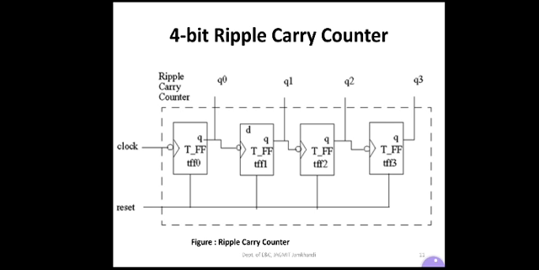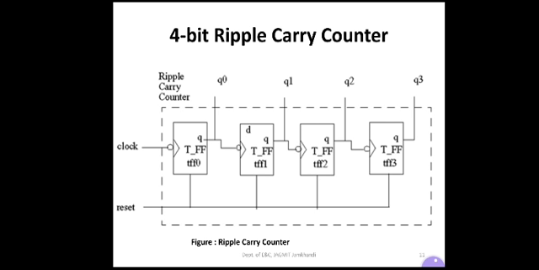That means it is a synchronous counter in which only the first flip-flop is going to be applied a direct clock pulse, and the remaining flip-flops are going to be used a clock pulse from the previous output, either Q output or Q bar output. Here in this case, the Q output of the previous flip-flop is connected as the clock pulse to the next flip-flop. So this is the structure of the ripple carry counter.